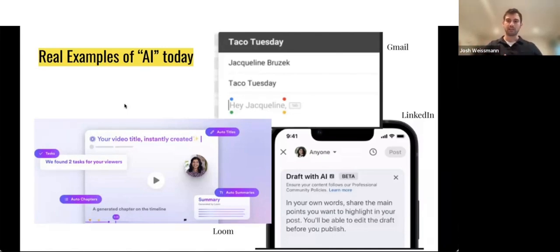So that's sort of one model on top, convert the audio into a transcript of text, then take that text and provide a summary of the text. You see on the bottom right of that picture, there's a summary. And then on the left-hand side, you see two tasks that were created for your viewers. Basically, it's distilling the text that it's created into specific tasks that you've then recommended people perform, right? So it's not only producing a summary or a similar